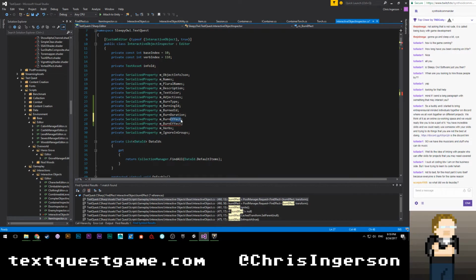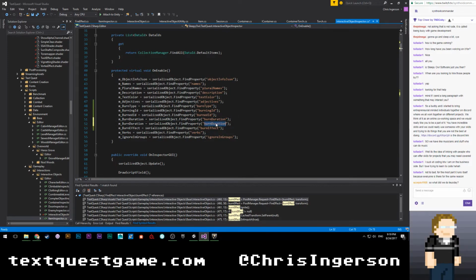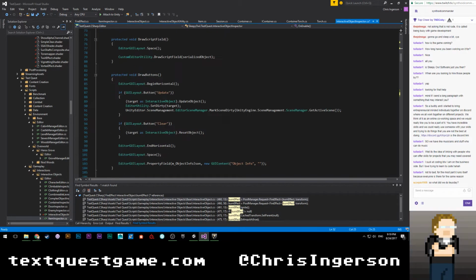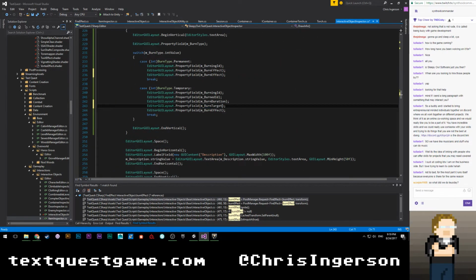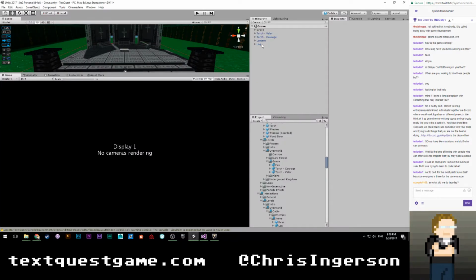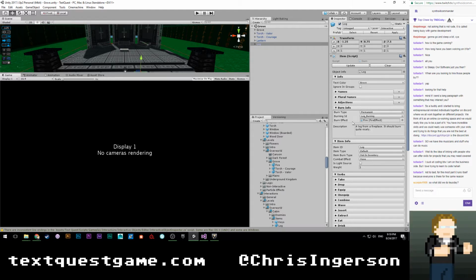So this is going to be burn target, and burn duration. Burn target. Burn target. All right, come back down here. And burn target. Cool. So now our log should have a field under burn info for our burn target,